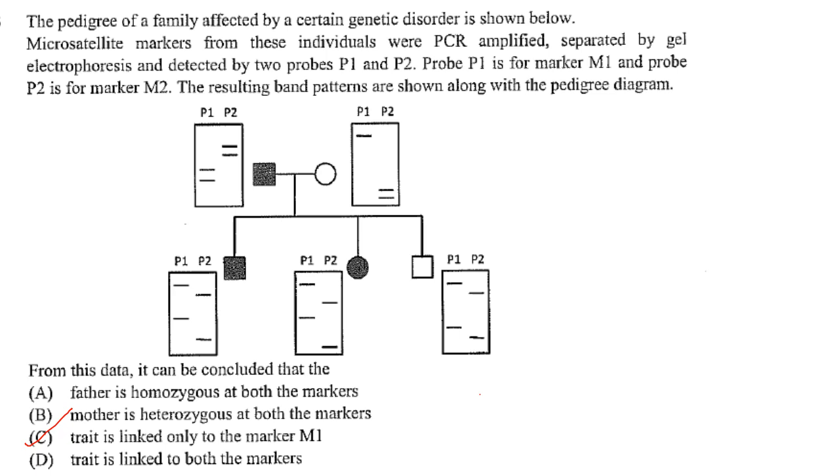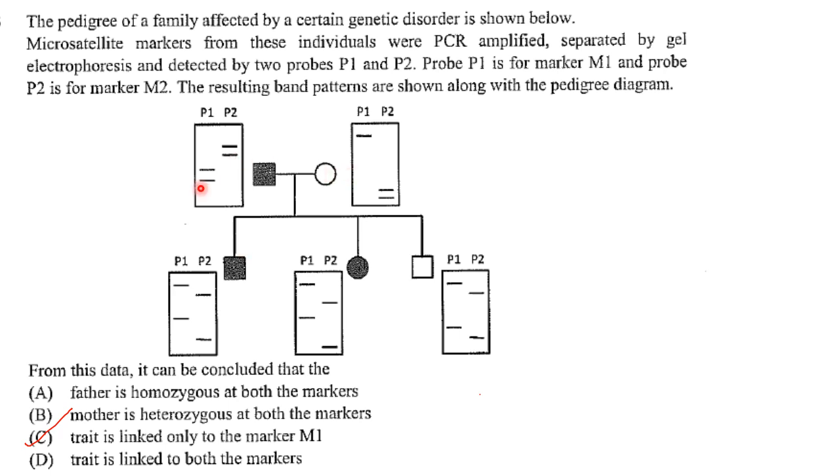Now next one. A pedigree of a family affected by a certain genetic disorder is shown below. Microsatellite markers from these individuals were PCR amplified, separated by gel electrophoresis and detected by two probes P1 and P2. Probe P1 is a marker for M1 and probe P2 is a marker for M2. The resulting banding patterns are shown along with the pedigree diagram. From this data, it can be concluded that